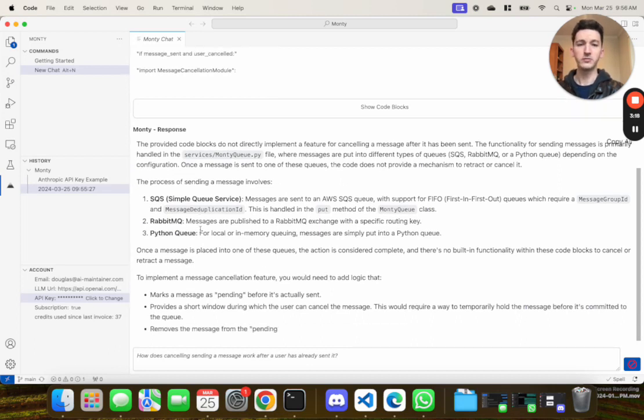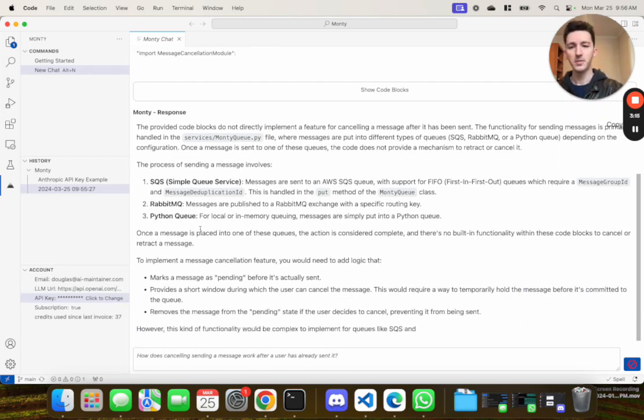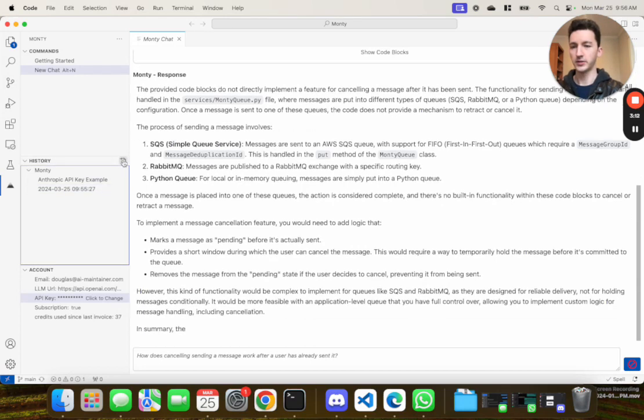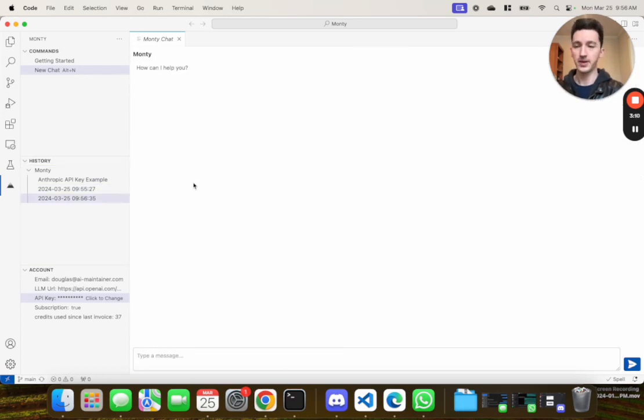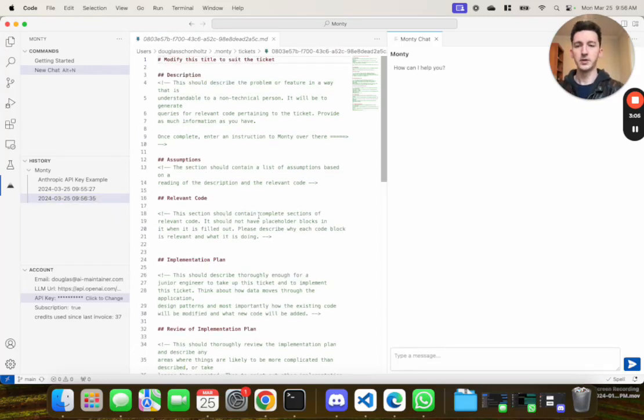Just for the sake of time, I'm going to now show our next feature. One of the cool things here is you can create a new chat like we've talked about previously, but you can also create new pieces of documentation. Right now, what we're really focused on is building really robust Jira or GitHub issues like engineering specifications. If you have a title and a description from one of your Jira issues that exists out there in the cloud, and you want to really robustly fill that out, or give a junior engineer or somebody you're onboarding really rapid insights into your entire code base, you can update this document with